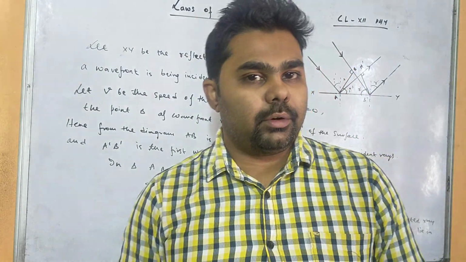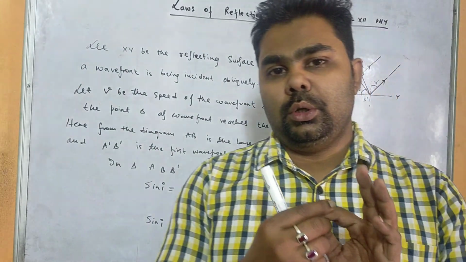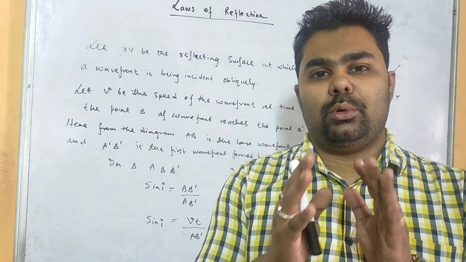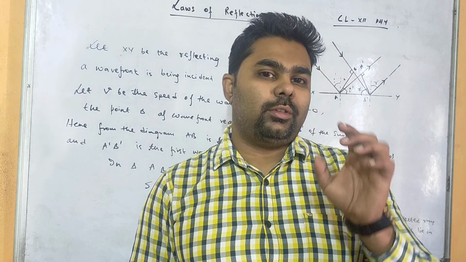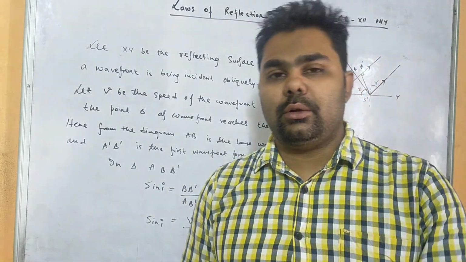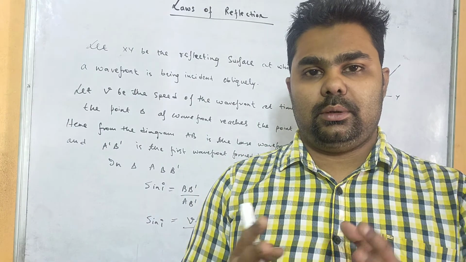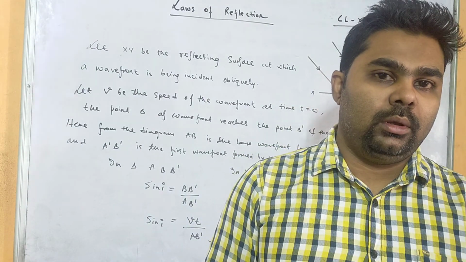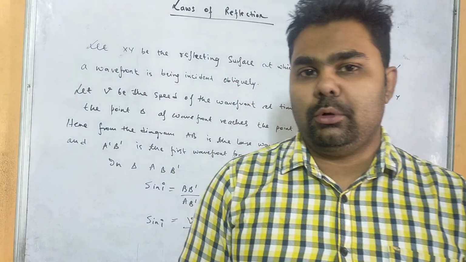There are three types of wavefront. One is the spherical wavefront, which is produced due to a point source. There is the cylindrical wavefront, which is produced due to a line source, and the plane wavefront. When you view a spherical or cylindrical wavefront, a small segment of this wavefront produces a plane wavefront. Rays of light are always perpendicular to the wavefront.